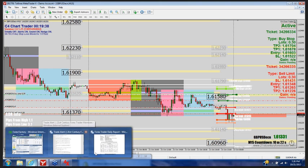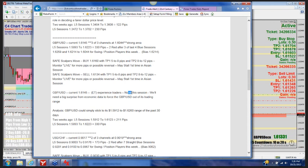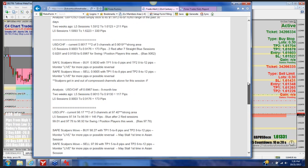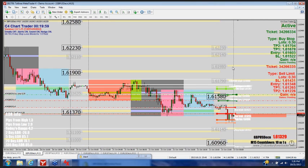Now, same thing here. Forex Joe has an experienced trade. Actually, there's not an experienced trade this session. So we need a bit more of a surprise to get us out of our current range. So be sure to read through this report, and we can do this on all the pairs that Forex Joe has identified for you here. And it just takes a second to go through these and park that trade. It took us every bit of 2 minutes to get that parked